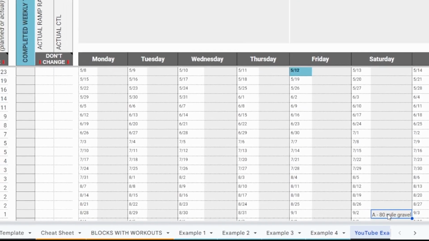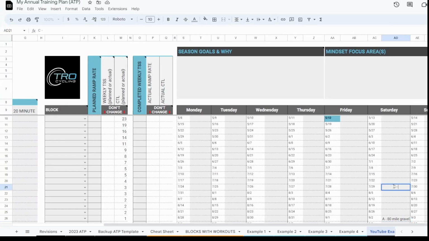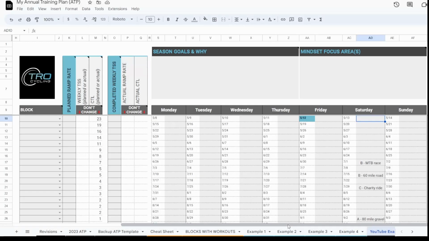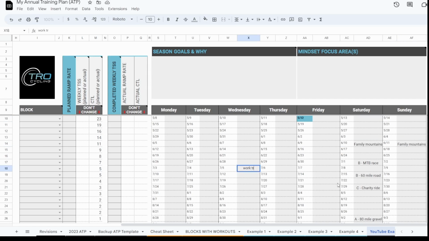Now I'm going to fill in all the B priority events and the C priority events. Okay, so now I just filled in a couple of random events. I have my 80-mile gravel race on September 2nd, and then I have some miscellaneous B and C races. Then the last step is to fill in any kind of family vacations, any work trips that you know of, and I'll just make some things up just for the example here. Okay, so now we have something that looks like this. Our races and events filled in, got some family stuff, a little weekend in the mountains, and then we've got a